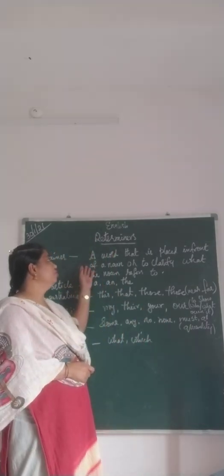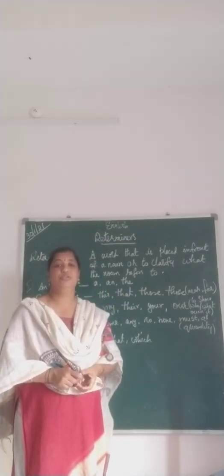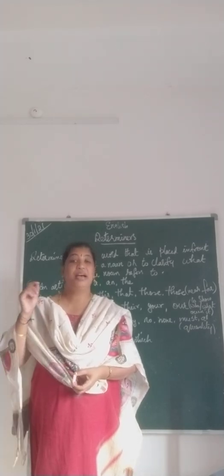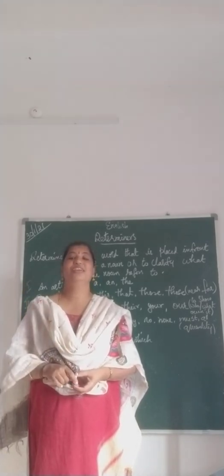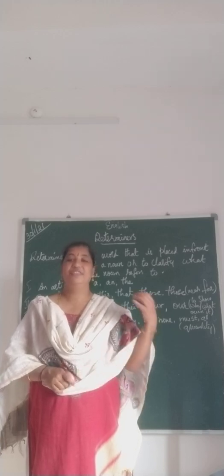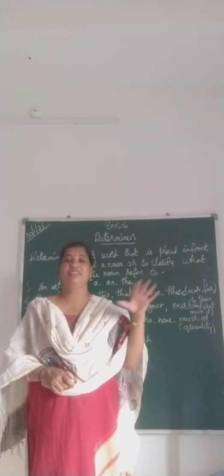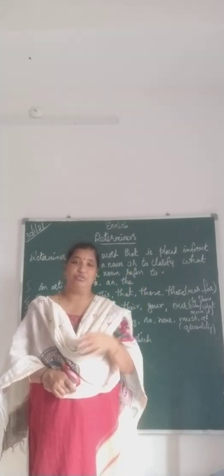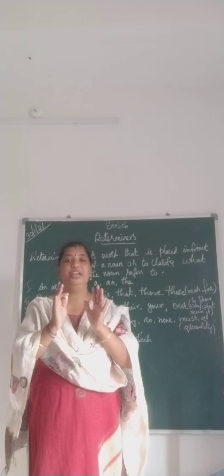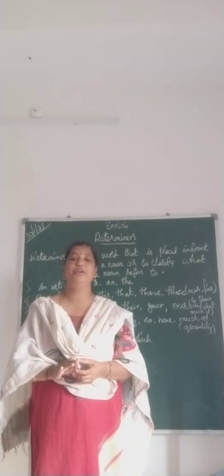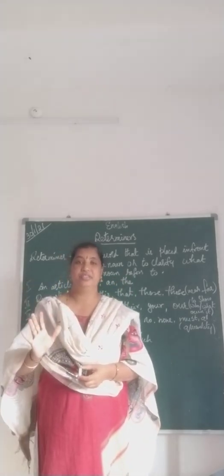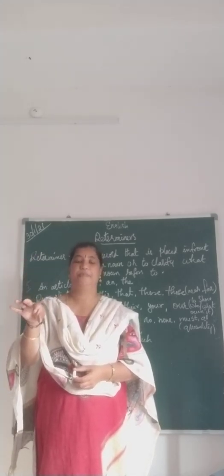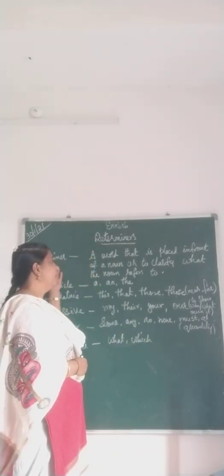Today we are going to learn about determiners. Till now you must not have heard about this at all, right? We have seen subject, predicate, sentences, nouns, kinds of nouns, pronouns, adverbs, adjectives and so on. So this is a very different and peculiar topic in English grammar, that is determiners. It means they are able to determine something, they are able to specify something. So what is a determiner?